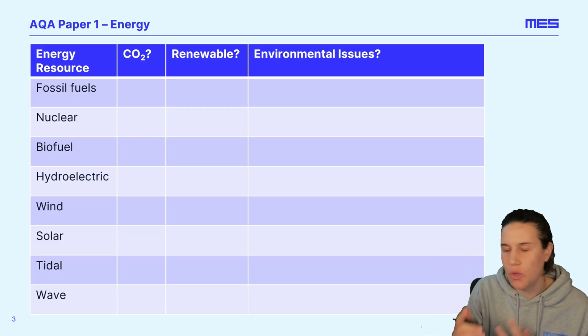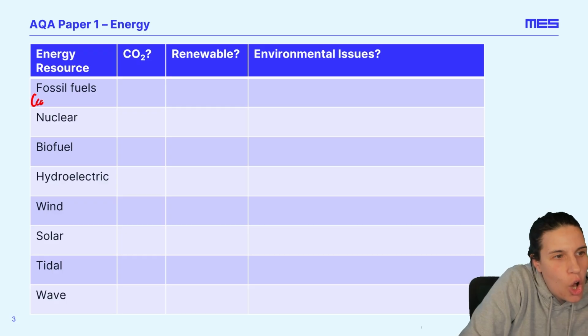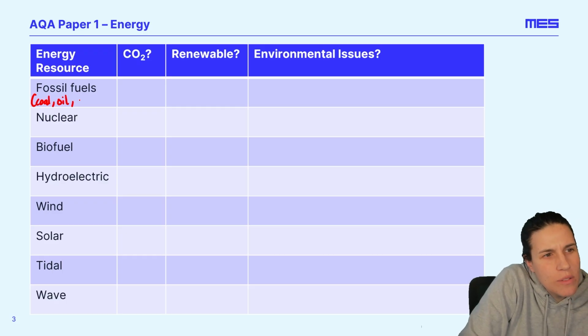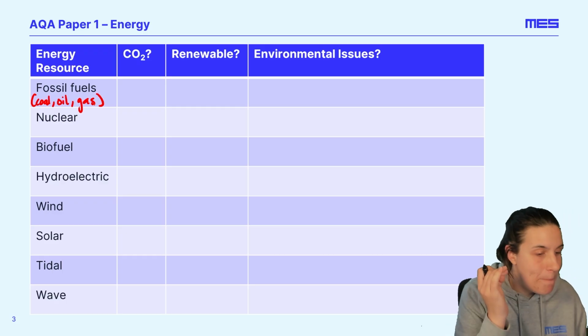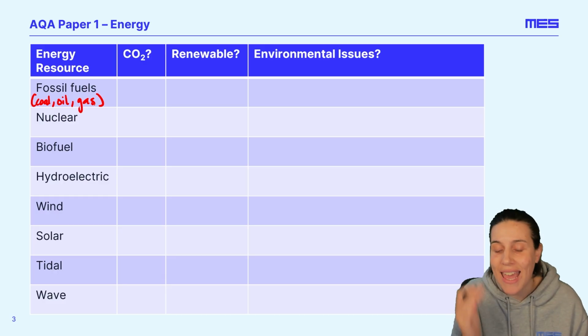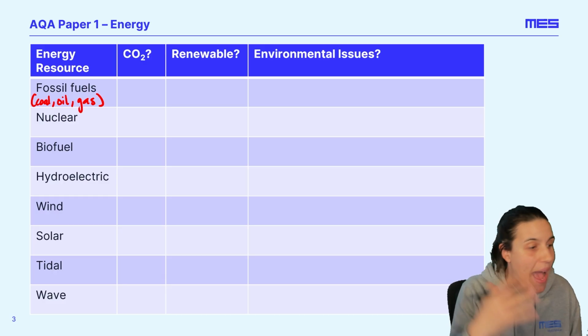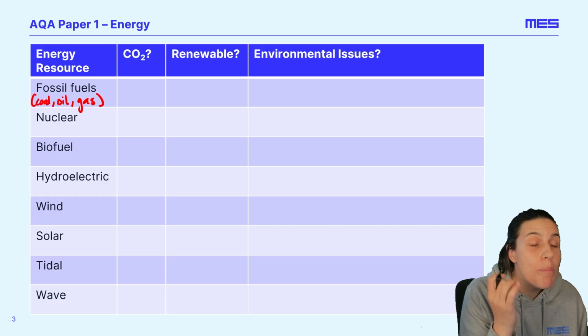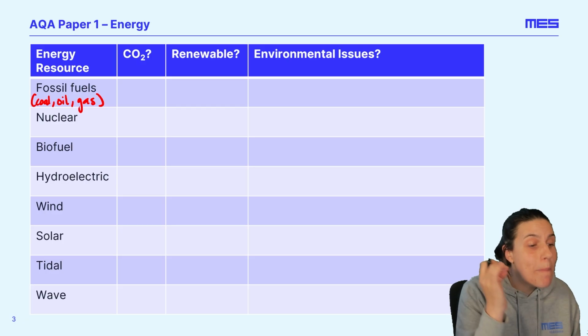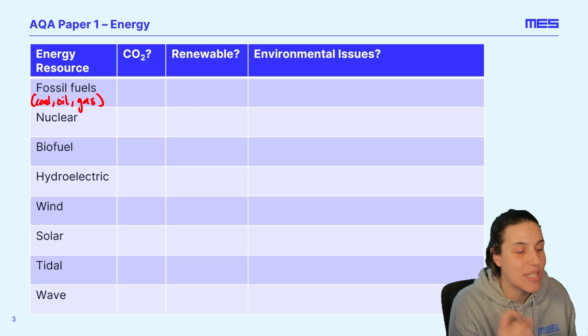So we're going to start with fossil fuels. Now, fossil fuels are our coal, oil, and gas. We burn them to produce heat. We use that heat to heat up water, turns it into steam, and it turns a turbine. Now, one of the big problems with fossil fuels is that when we burn them, they release greenhouse gases, including